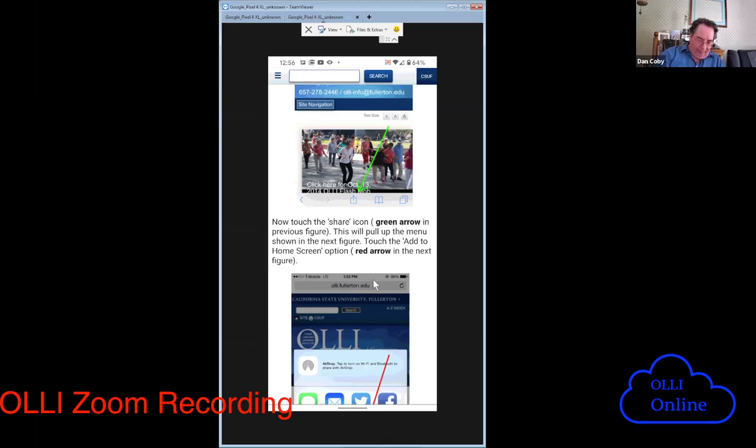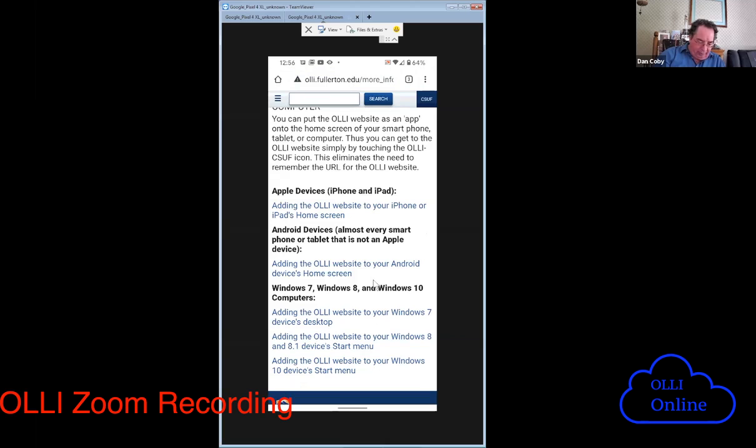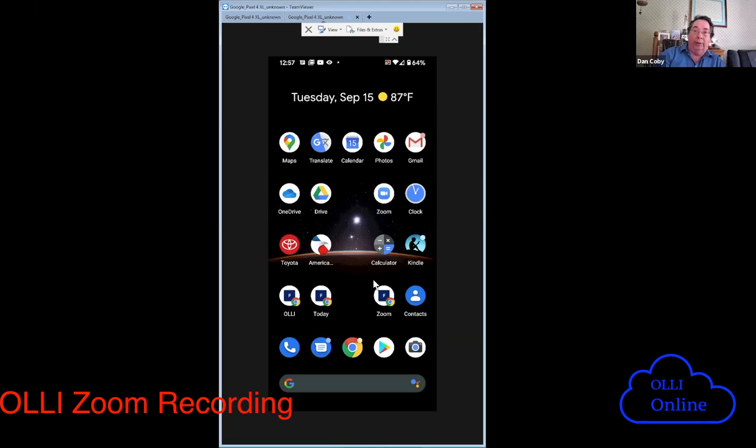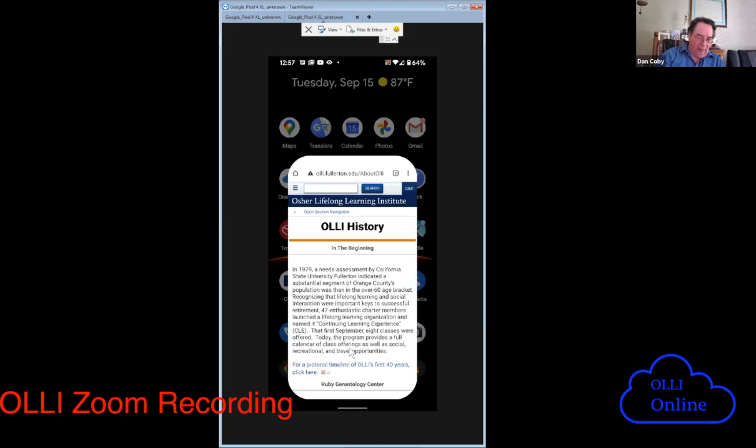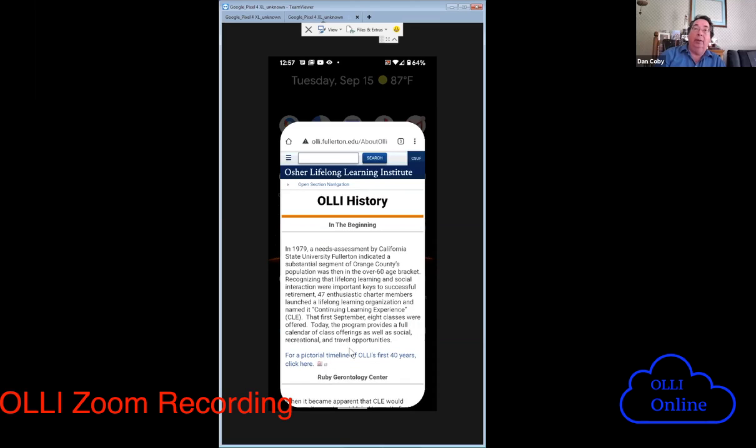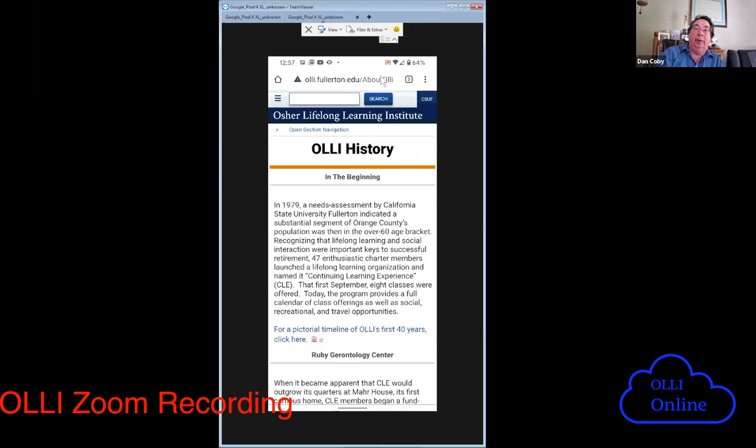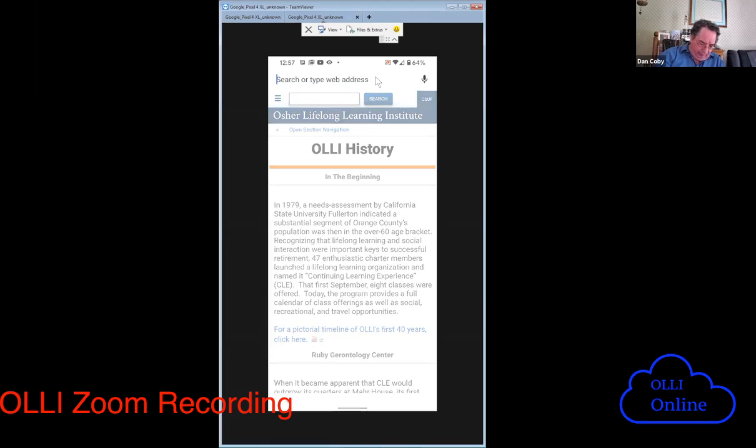Okay. I'm going to show it. I've got an Android phone here, so I'm going to go back to my phone and actually do it. The way you do it is you open your browser. In my case, I'm going to use Chrome, which is that icon. You go up to the top of the screen, and you type in